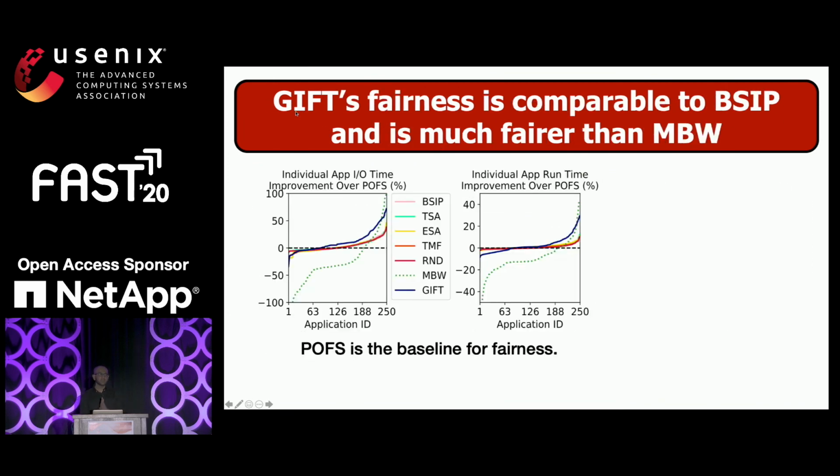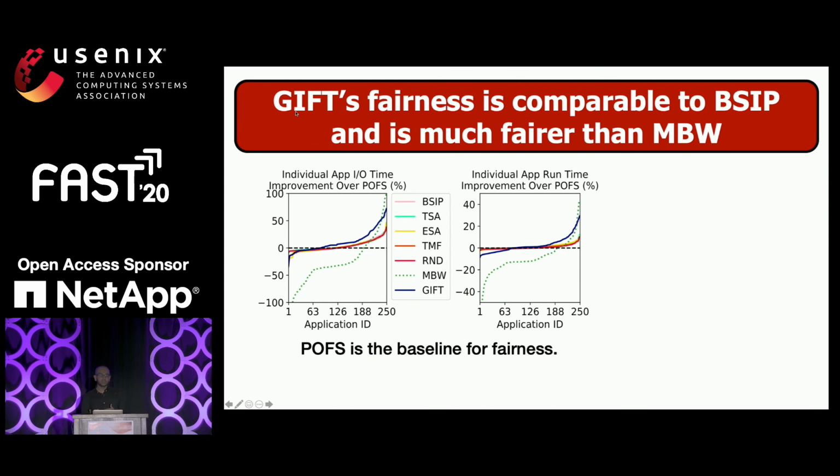Next, we look at the fairness results with Gift. With these plots, we'll first look at the plot on the left. The x-axis shows the application IDs. We ran 250 applications, so we have the IDs of 250 applications. And the y-axis shows the improvement in their I/O time compared to POFS. If this improvement is positive, then we say that this application was treated fairly, because POFS does fair allocation, so there is nothing more fair than that. And if it's less than 0, then that means that it was not treated as fairly. So here we see